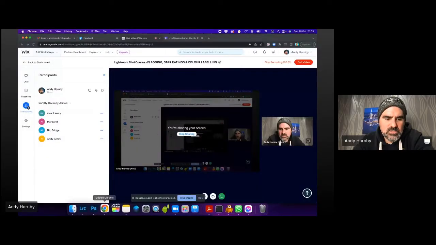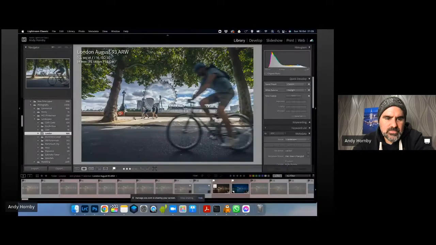So I'm going to start sharing my screen. Let's share entire screen so we don't mess up like we did last week. Share. And then we are going to go to Lightroom. And here you'll see I'm actually in the library at the moment. Here on the left-hand side, you'll see I'm in my landscapes part, but I've gone to a specific folder called